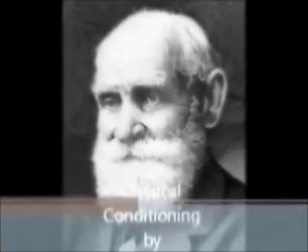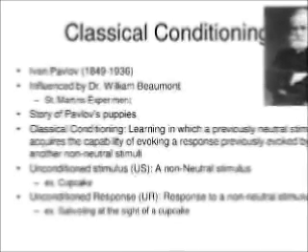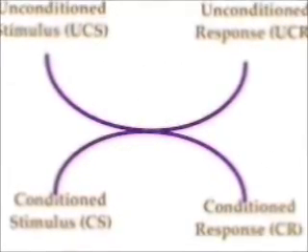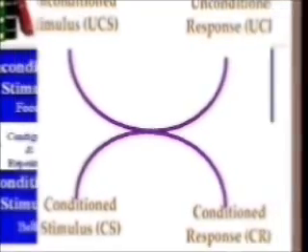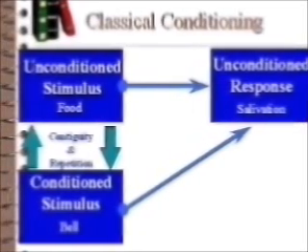What is classical conditioning? Classical conditioning is a kind of learning that occurs when a conditional stimulus is paired with an unconditional stimulus. After pairing is repeated, the organism exhibits a conditioned response to the conditional stimulus when the conditional stimulus is presented alone. Ivan Pavlov provided the most famous example of classical conditioning. Pavlov developed a procedure that enabled him to study the digestive processes of animals over long periods of time. Let me show you an example.